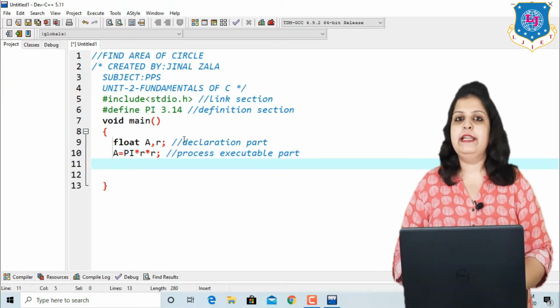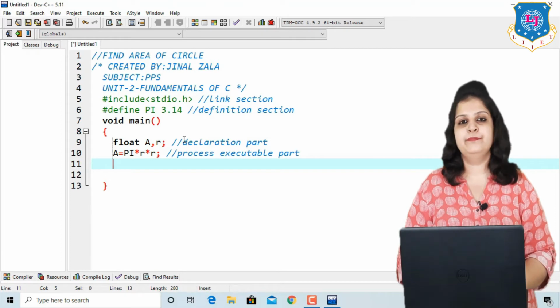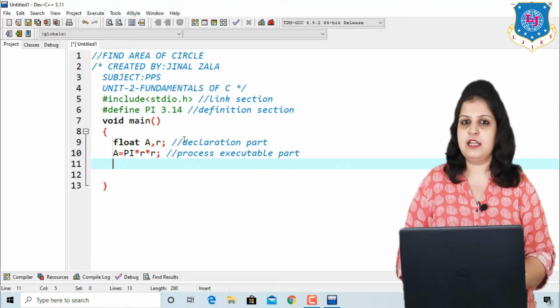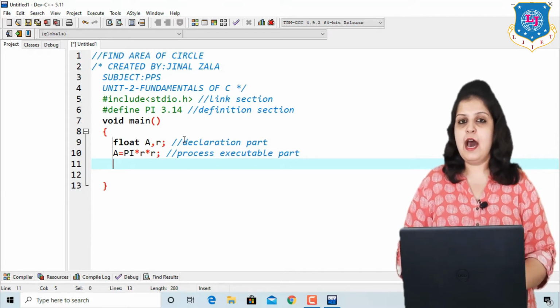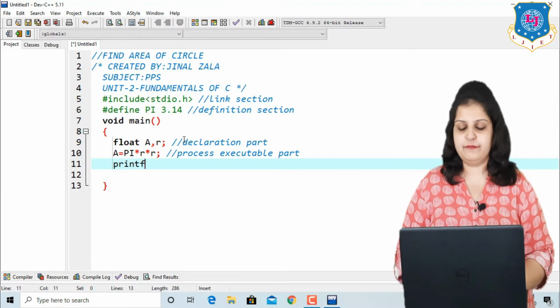Now after finding the area, will the output show on the screen? No. Why? Because it is required to print the value of the variable a, because our answer is stored in the variable a. And how can we print it? So we have to use the function named printf.